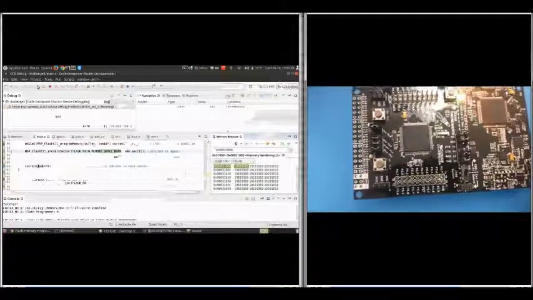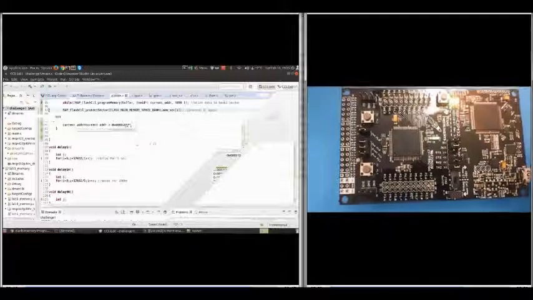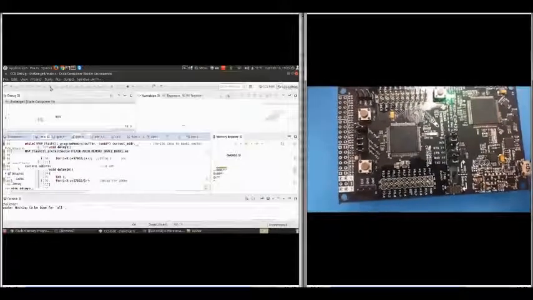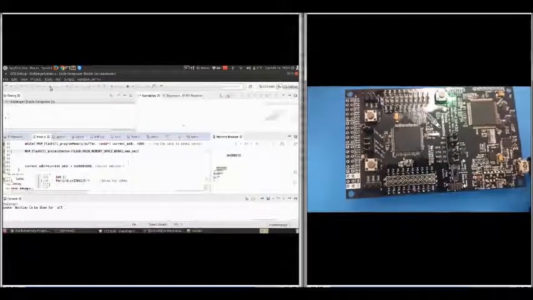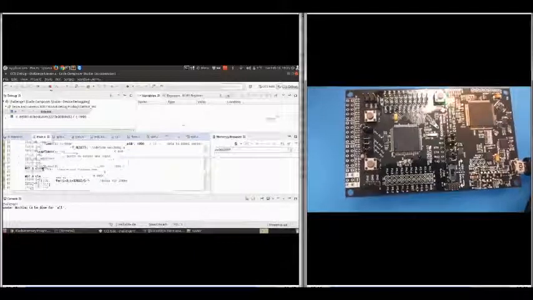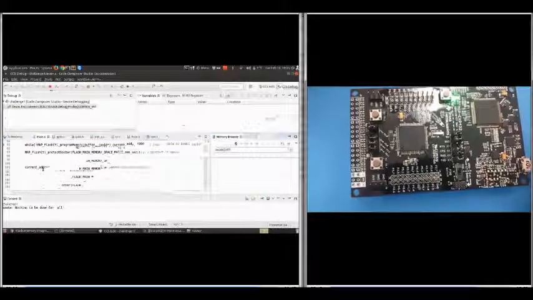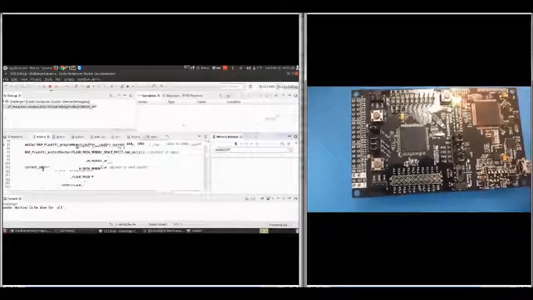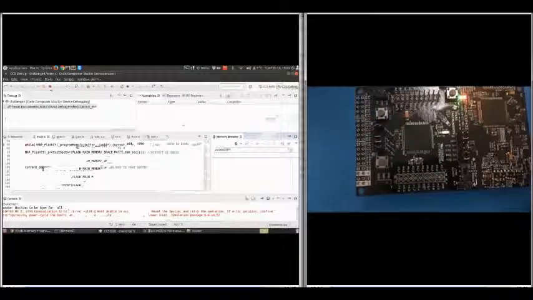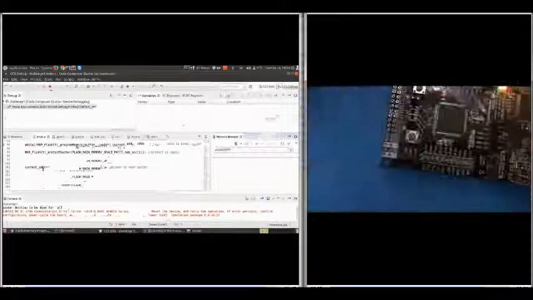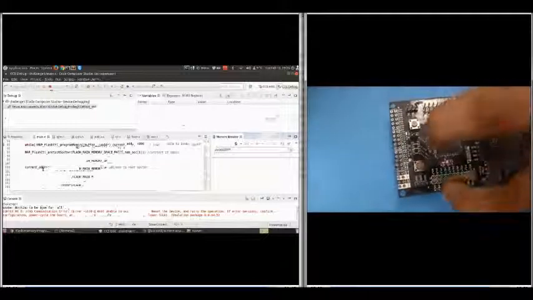Now I'll demonstrate the use of the switch that will be visible on the board. Let's start by reprogramming it. I'll make sure there are no breakpoints. Okay, so as the board is being programmed, we'll first reset it once again. As soon as we reset, we see that the red LED blinks on for a small time, and then we press the switch for 1 second. So we can see that there is a glow in the red LED symbolizing that the watchdog has been reset.